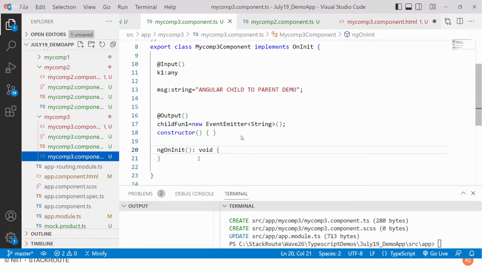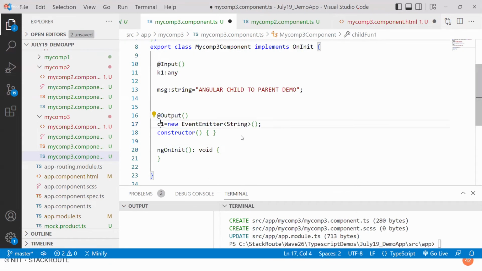So some item to new emitter of key2, let me use the same. Apart from that,